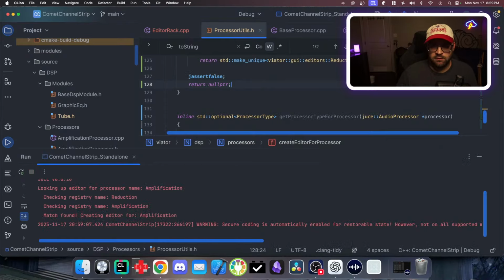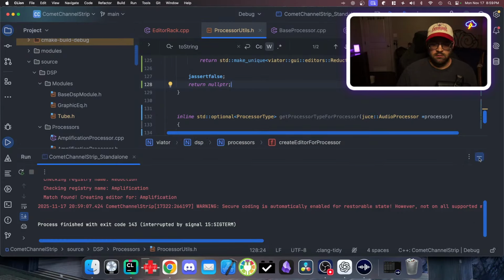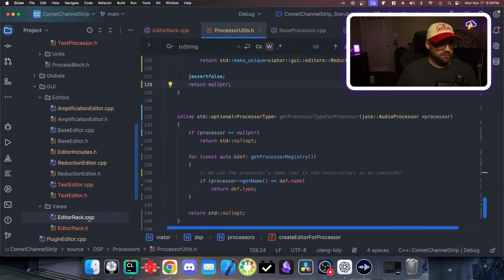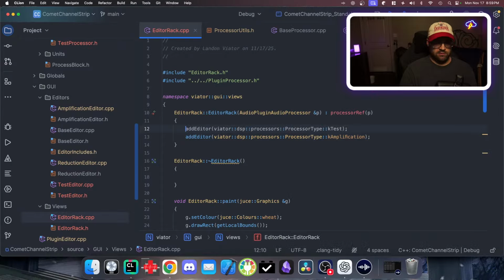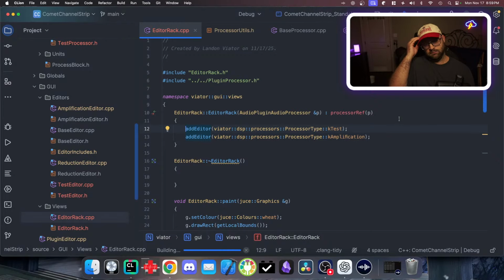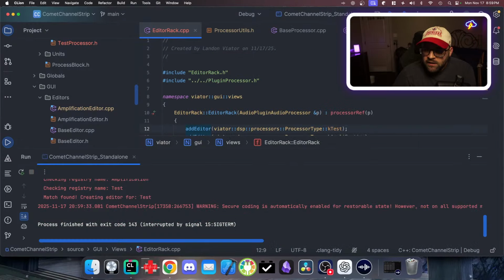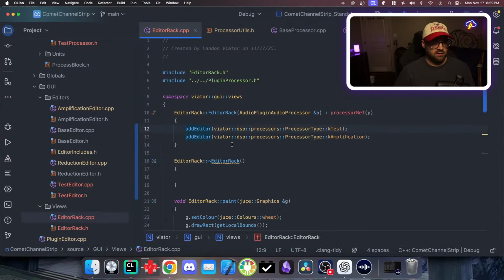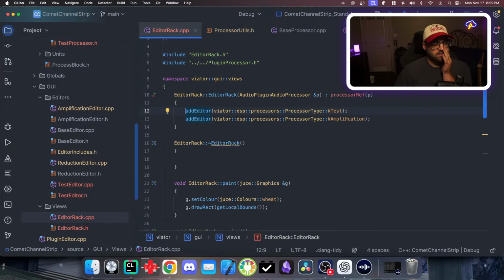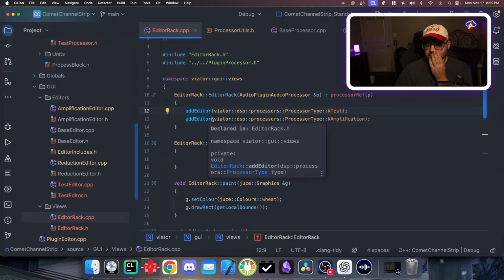Okay, amplification, let's go. Editor rack. Let's also do a test one. Test. Okay. Why is this happening in just this project and not mine? So, I guess one thing could be